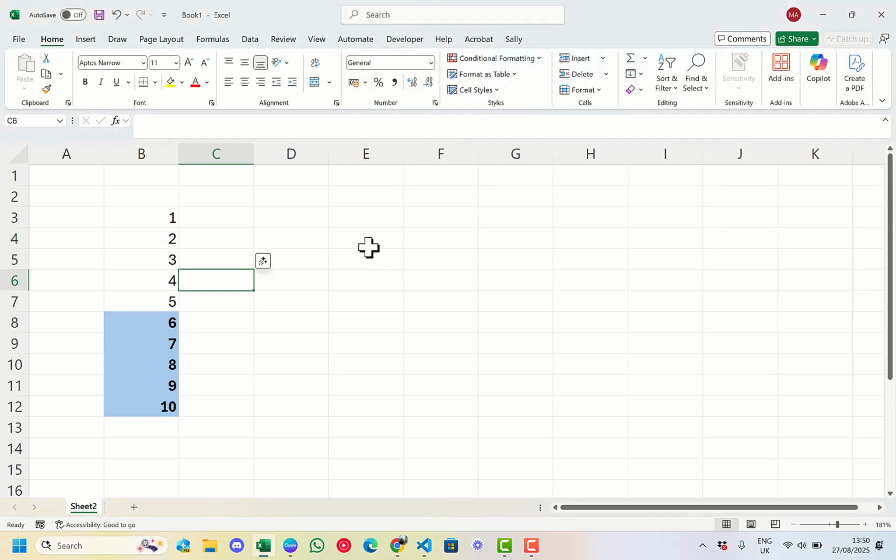So hopefully that helps you make sense of things a little bit more in terms of conditional formatting. It's something that always used to confuse me,